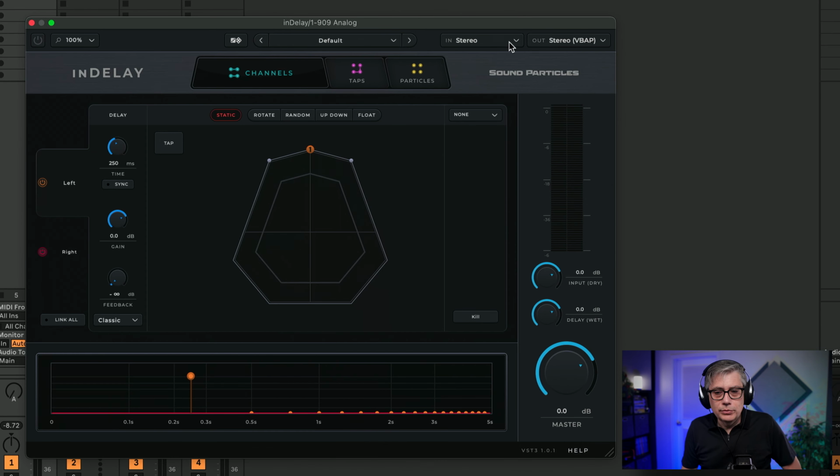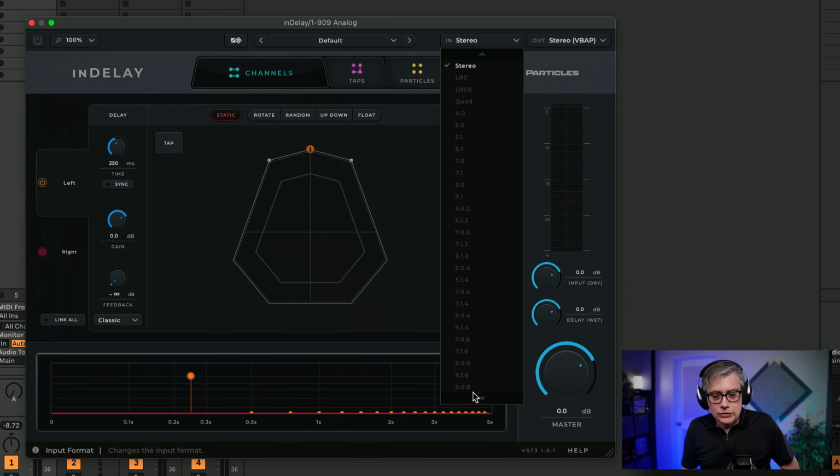Here in the input, we can select what input signal we have. Obviously, we're working with Ableton, so we have a stereo input, but we can select anything that the DAW supports up to Sony's 360 Reality Audio, which is actually really interesting. I might make a video about that because that is one of the few plugins that actually can work with Sony 360.